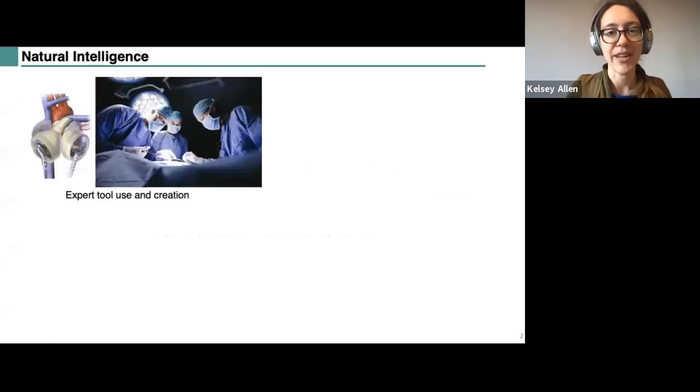So a large chunk of my PhD has focused on one particularly impressive facet of human intelligence, which is tool use and tool creation. Why? Well, one reason is that humans are the most advanced tool using and tool creating species in the world. For example, this artificial heart was made by some of humanity's most sophisticated tool creators after many years of experience. And we're experiencing that a lot more now, obviously, with things like ventilators, which are really key to keeping people